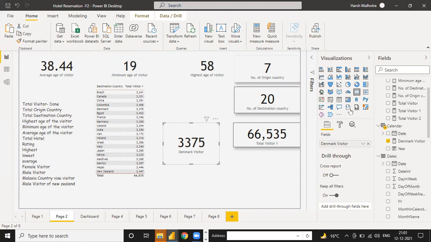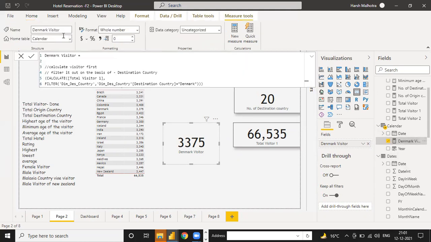So click on this Denmark. See, this is the calculation. Okay, so Denmark visitor means you have to calculate one particular country wise calculation. One particular country wise you need your data. So right now the calculation of total visitor, this measure we have already calculated.